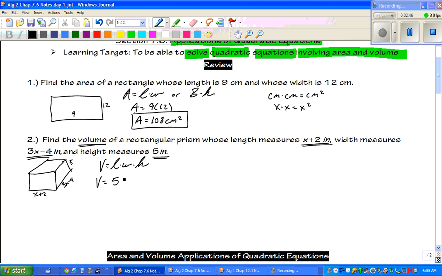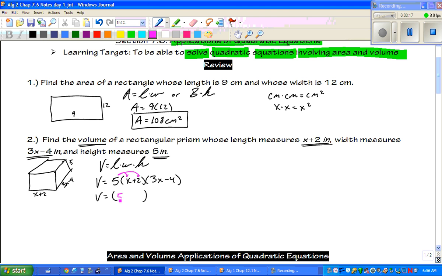So we'll do 5 times x plus 2, and then 3x minus 4. What do you think we're supposed to do next? Well, we need to distribute. And we only need to distribute just to the first set. So after we distribute, we get,